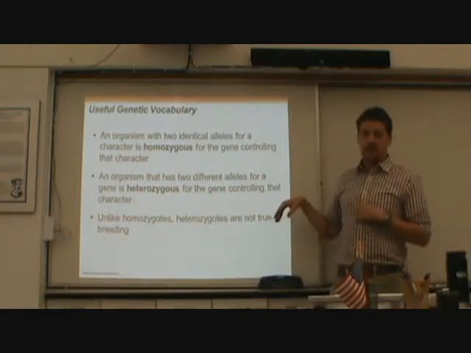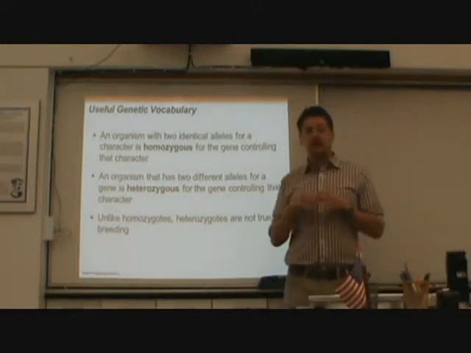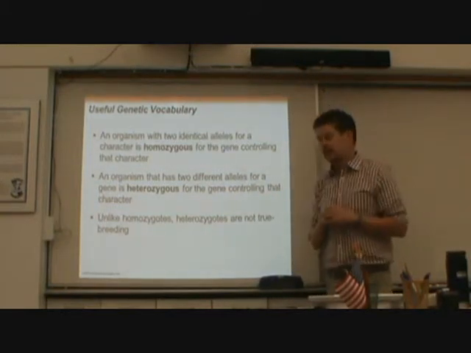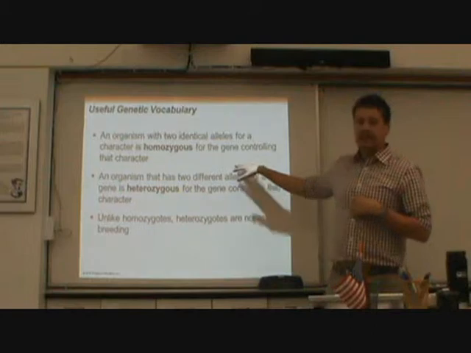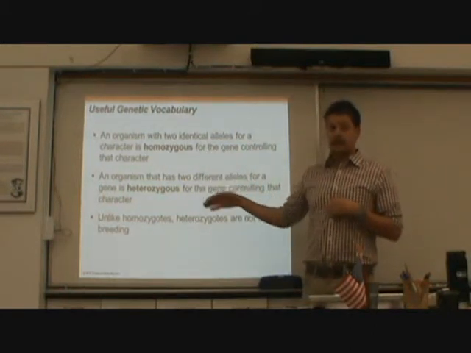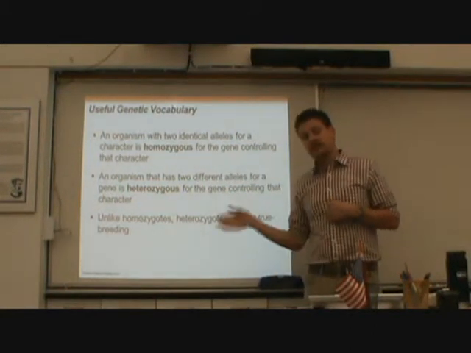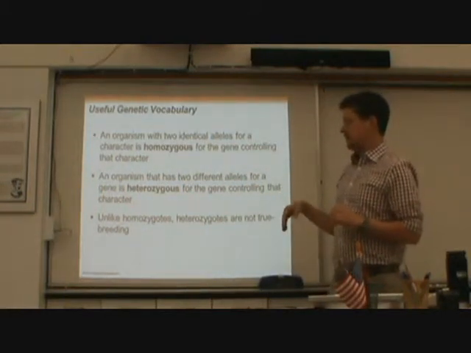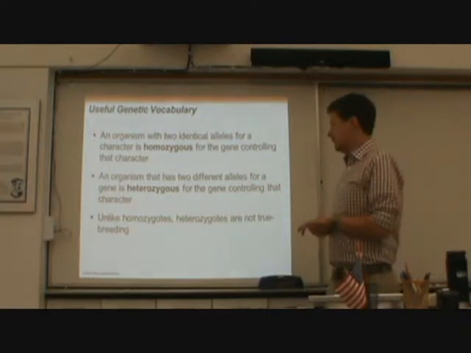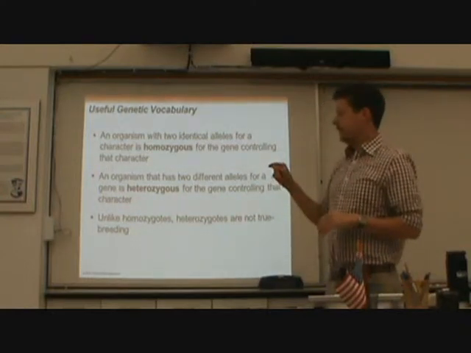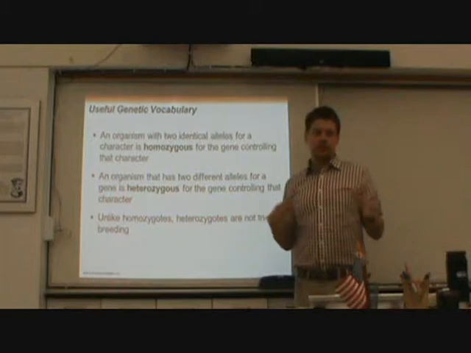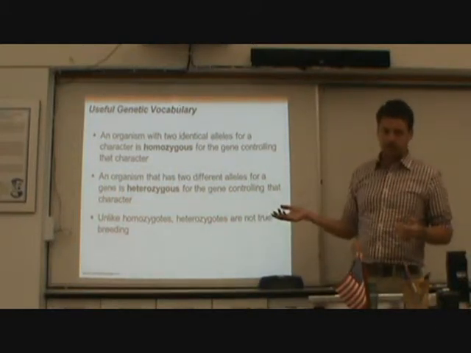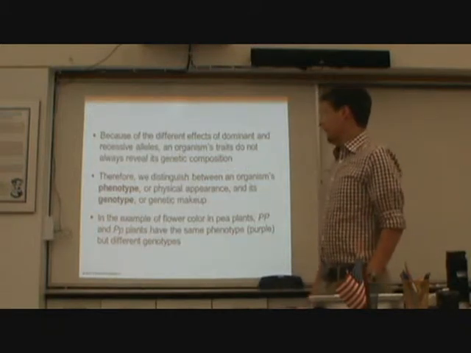So that would be in that Punnett square that we were looking at, those two that had one purple allele and one white allele, those are both heterozygous. And so you can be homozygous dominant, as with the purple flower, or homozygous recessive, as with the white flower, and then heterozygous is just one of each. So homozygotes are what we refer to as true breeding, or what Mendel would have referred to as true breeding. Heterozygotes are not true breeding. Okay,